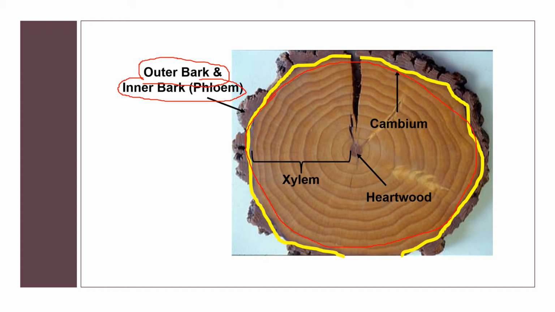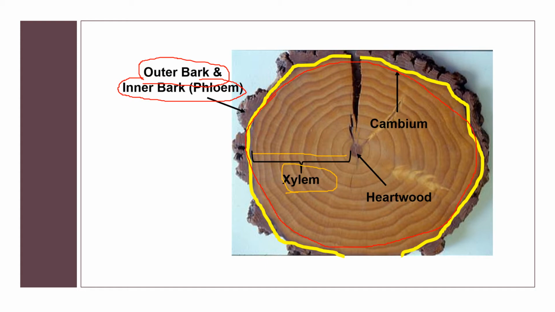Then next, after your cambium layer is your xylem cell. The xylem cell actually is the sapwood. This is the tree's pipeline also, a pipeline for water moving up to the leaves. When water is absorbed from the roots, it moves through your xylem cells. You can see the span of the xylem cells from the cambium layer up to the innermost part, the heartwood. The sapwood is new wood actually.